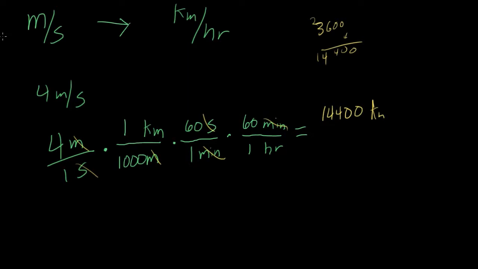I made a mistake that you'll probably make. So we get 1440 kilometers divided by 1,000 hours. So we have to divide this. This is going to give us 0 cancels, 0 cancels. 144 divided by 10, 14.4 kilometers per hour. So I'm glad I made that mistake because that's the sort of thing it's really easy